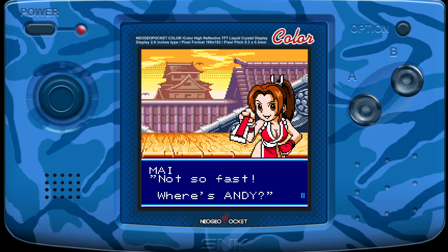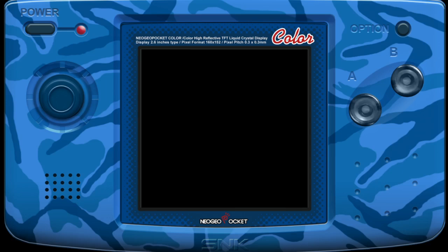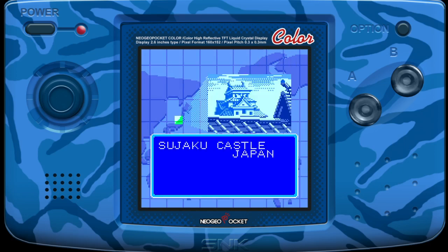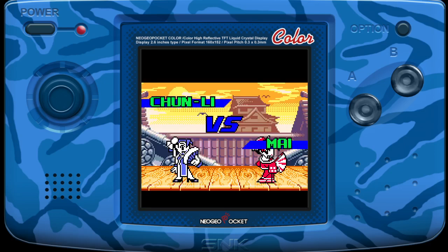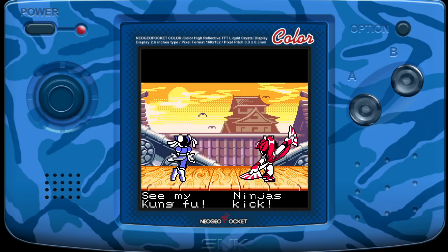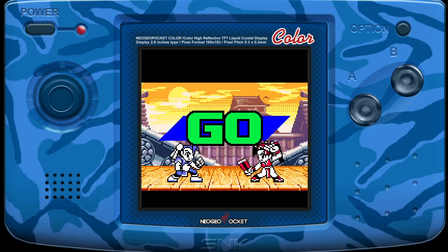I wanted Andy and I got Billy. The 3rd Strike fans wanting Andy on the base roster be like... So yeah, regardless of whether or not you fought that character on the arcade mode route, you fight them again for the rival fight, so...